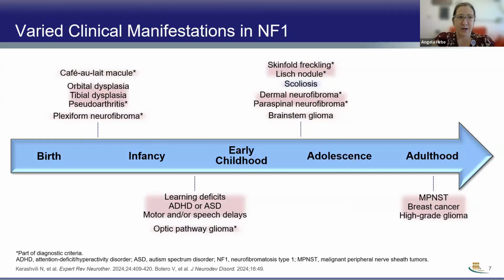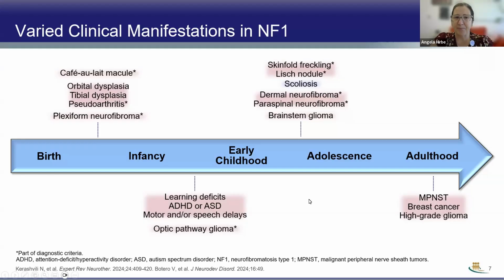There are varied clinical manifestations of NF1, and these different manifestations occur at different time points throughout a patient's life. So some of the things that are present at birth tend to be the café au lait macules, some of these bony dysplasias, and plexiform neurofibromas. A bit later in childhood, between infancy and early childhood, we start to see things like learning deficits that can manifest ADHD or autism spectrum disorder. There can be motor and speech delays, and this is the time period when we start to see optic pathway